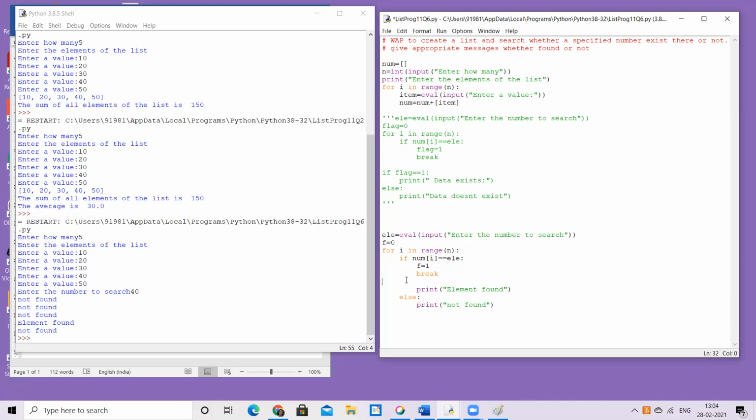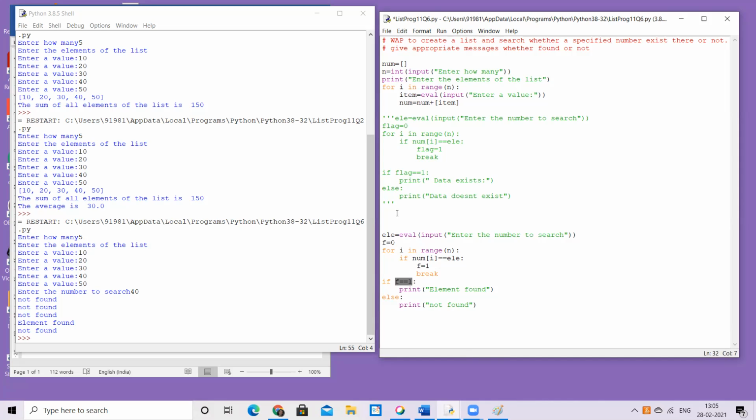So that is what we try to do here at the end, that if f is equal to 1, because here I've taken element found, that means the element is found. Else, you can check elif also, that if it is 0, then it is not found. That's the logic. Here I've taken f, here I've taken flag. You can take any other name, you can take any value. Say you start with 2 and you change it to 3, you start with 30, you change it to 40. Anything, because you are writing the code. You just have to check that value accordingly here. Okay, I think the concept is fine.